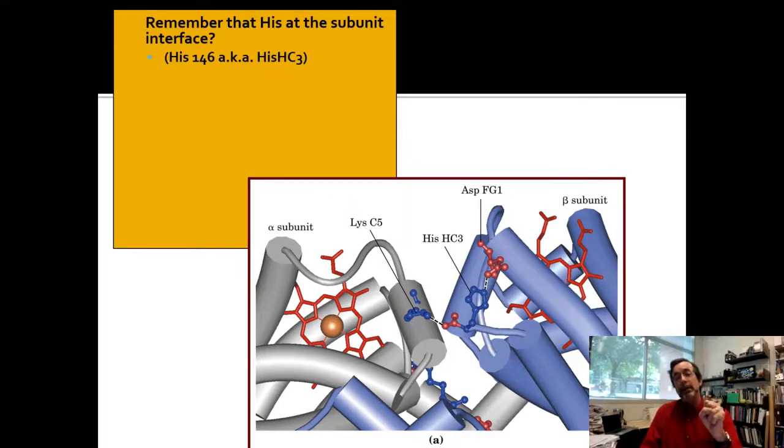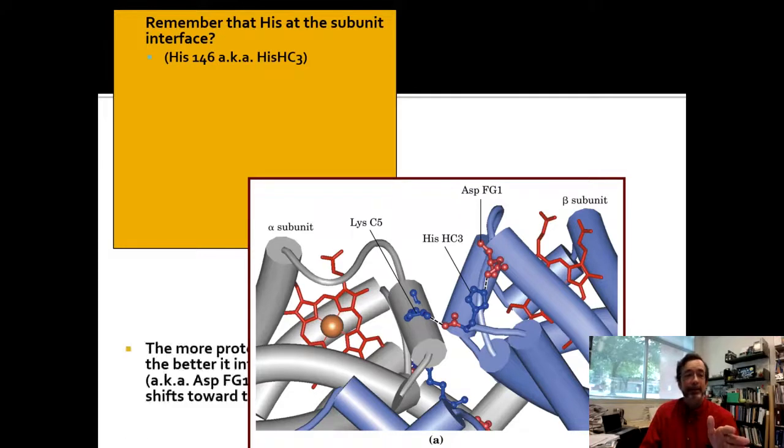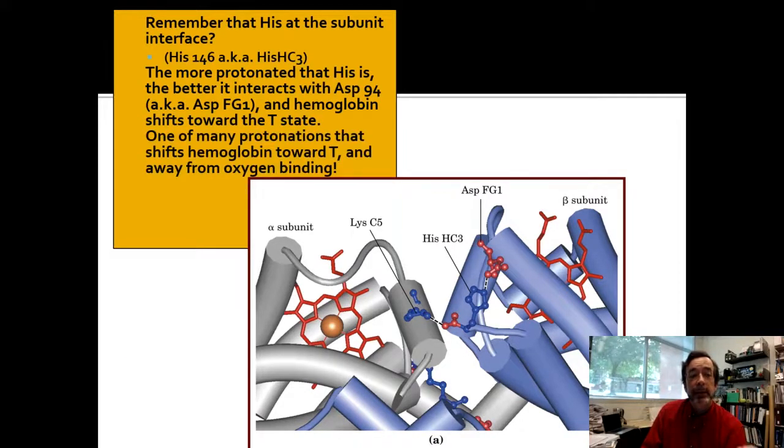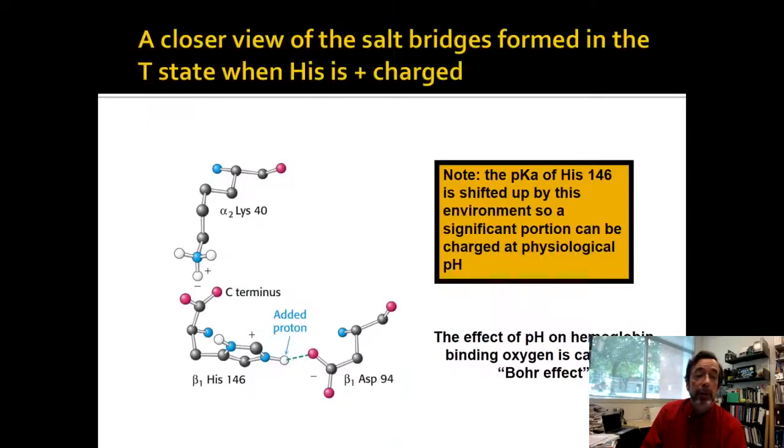So if a proton goes on at the C-terminus here, then actually it will cause oxygens to come off at the binding site. The more protonated that histidine is, the better it interacts with asparagine FG1, and hemoglobin shifts toward the T state. Now, this is not the only protonation that actually strengthens the T state. They found out that there's like half a dozen of them that significantly strengthen the T state. But they all go in that direction, and they all end up with this, what's called the